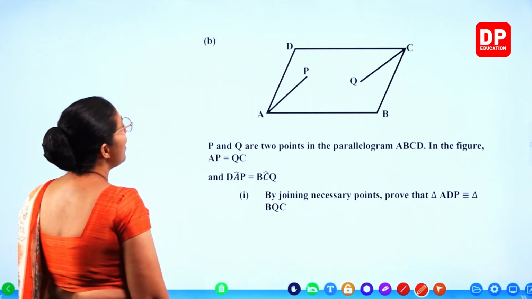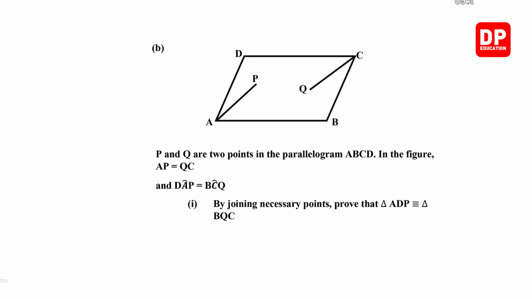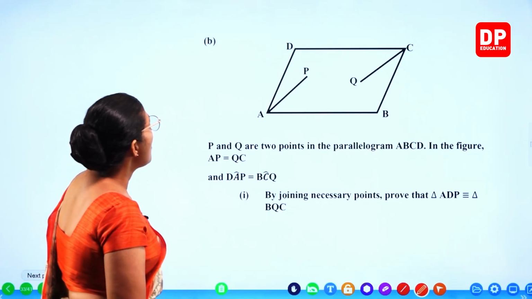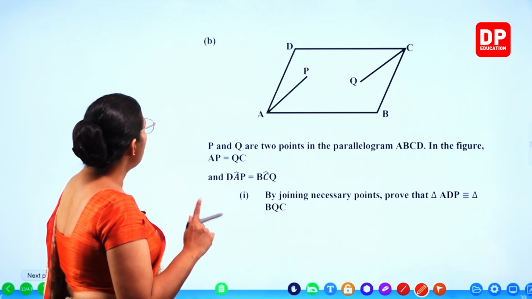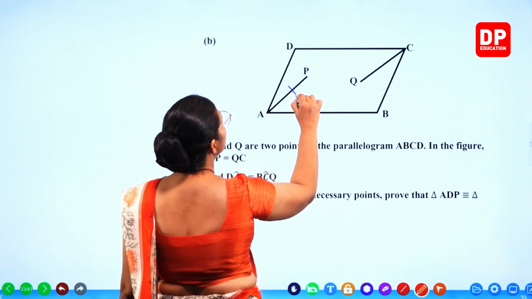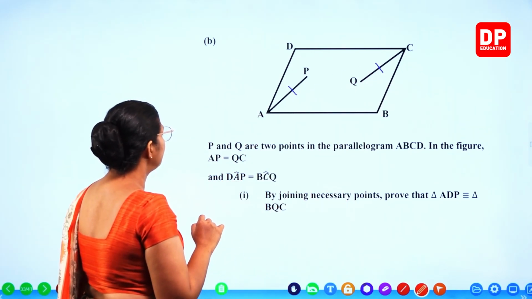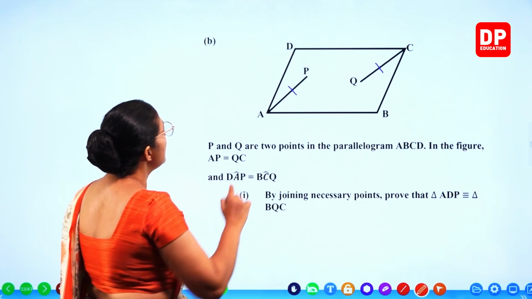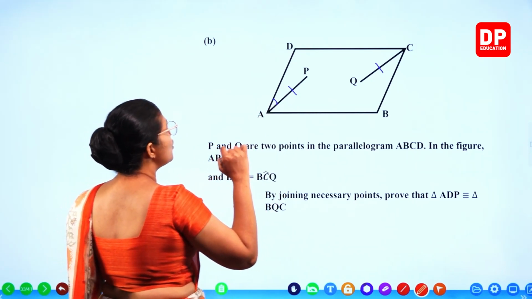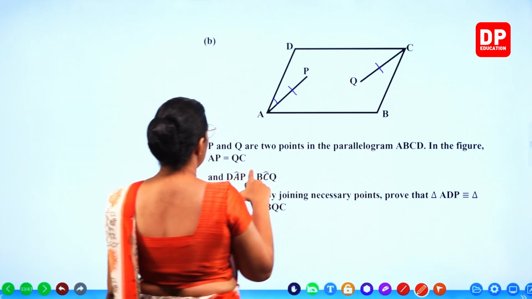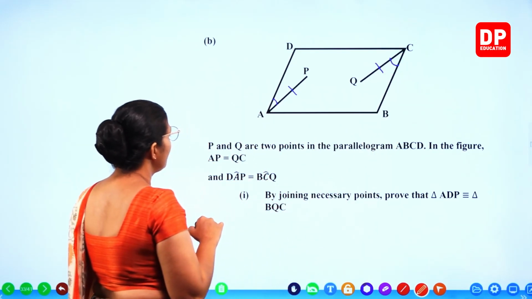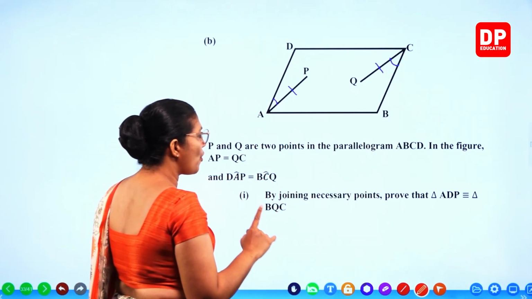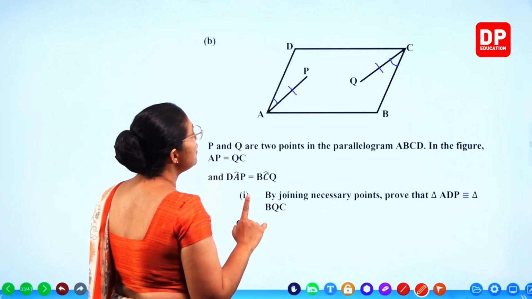So let's do the next one, part B. This is about a parallelogram. ABCD is a parallelogram and P and Q are two points inside the figure. AP equals QC. These two lengths are equal. And angle DAP is equal to angle BCQ, this angle. By joining necessary points, prove that